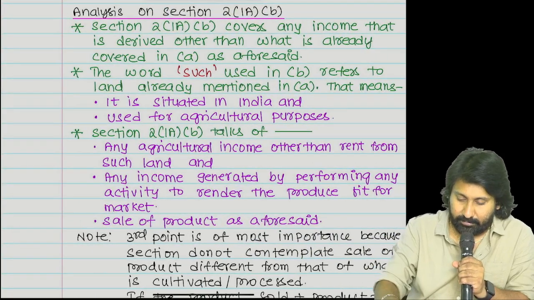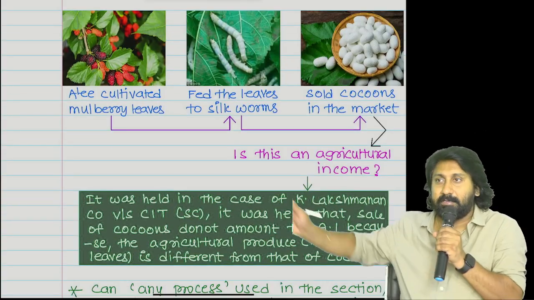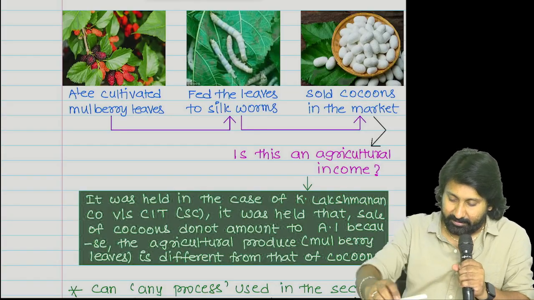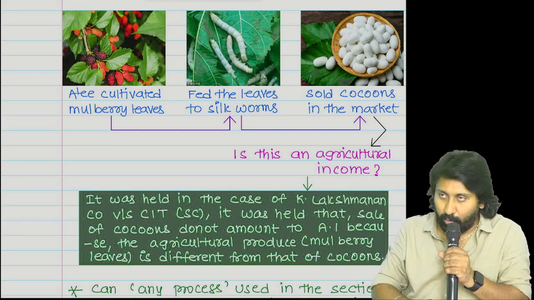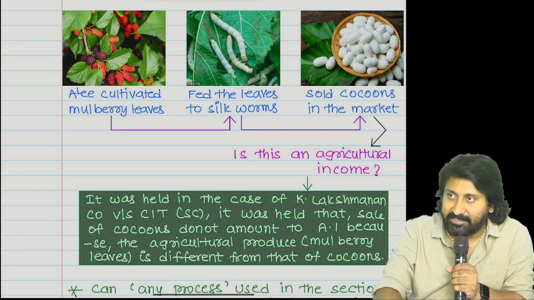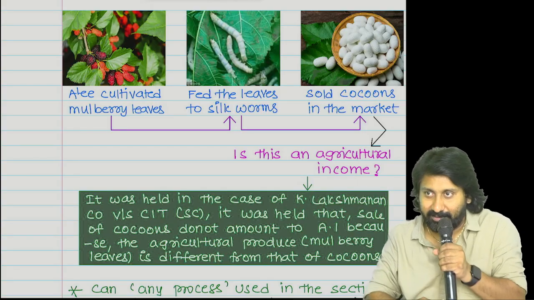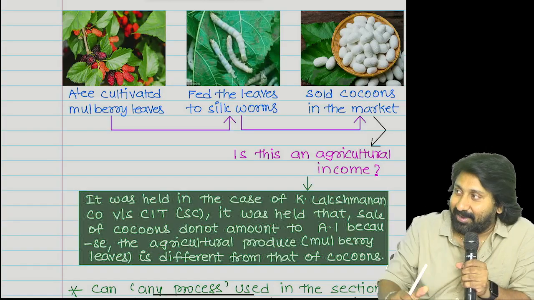Listen. I will give you a super duper example for this. See there, one popular case law happened. This happened in the Supreme Court, originally in Madras CIT. There he lost the case. That fellow went to the Supreme Court. In the Supreme Court he lost. Successfully. What happened? Let us understand.